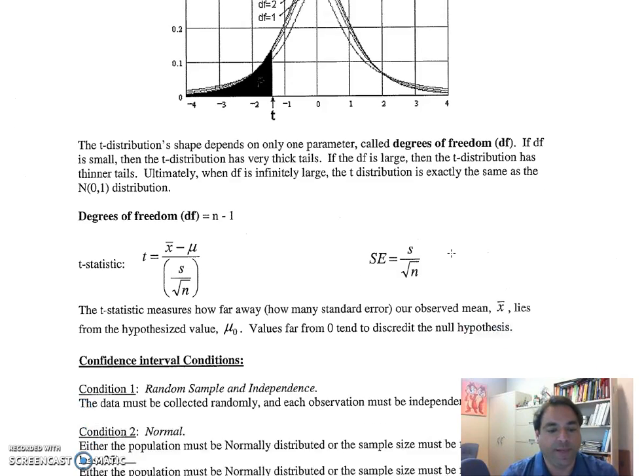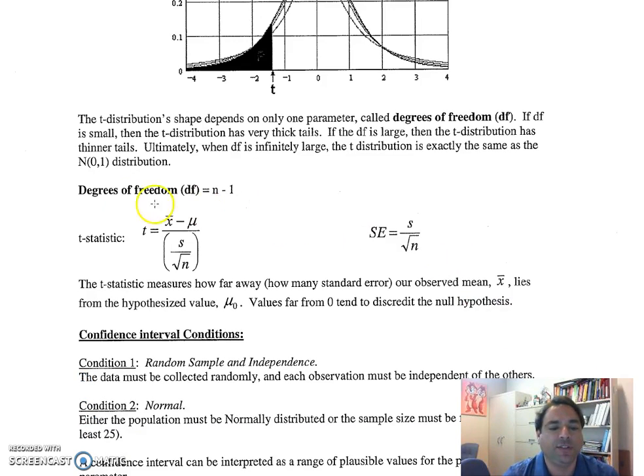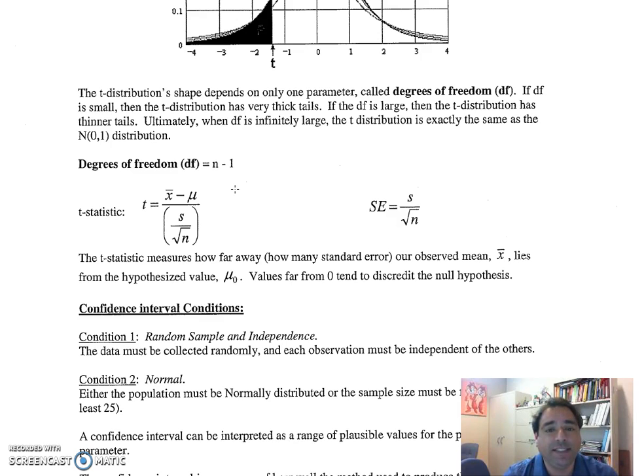And again, some more information. And then we're going to be talking about something called degrees of freedom. And degrees of freedom is n minus 1. So your sample size minus 1. So when we figure out our statistic, instead of doing a Z as in zebra statistic, we'll be doing a T statistic. So it'll be x bar minus mu over your standard error. And your standard error, again, is standard deviation divided by the square root of n. Notice we're using x bar and mu, not p hat and p, because we're talking about numbers,